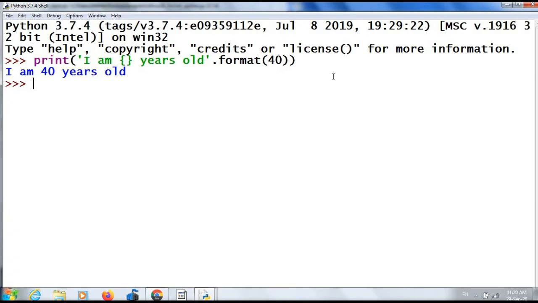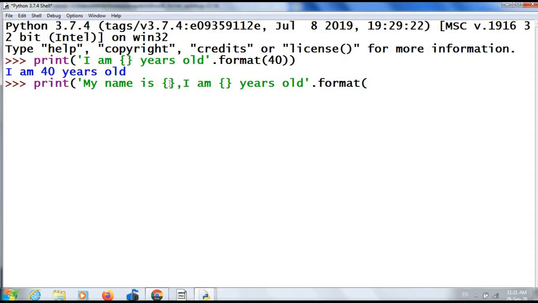Another example: print "My name is {}, I am {} years old", dot format. Here I have two curly brackets, so I am going to give two arguments.